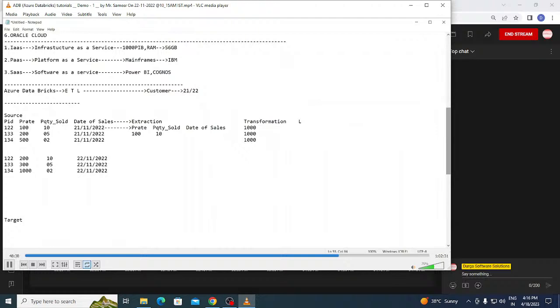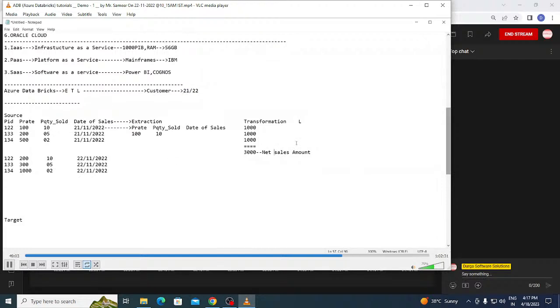Now tell me, guys, you have one total. Calculate the sum here. What is the sum of these three? Yes, guys, the sum of these three is 3000. So can I say here that 3000 is the net sales amount? Am I right, everyone? So this you are doing under the process of transformation. Now, it is done for the 21st day.